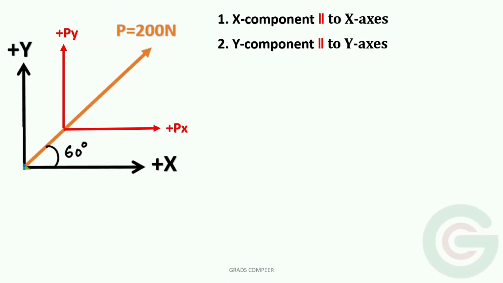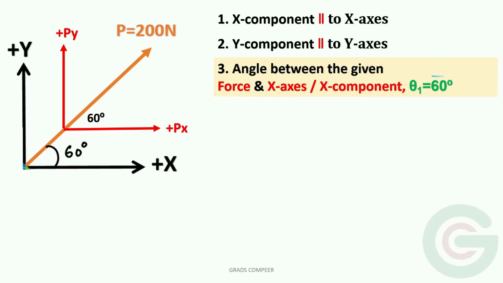So, we have done the first part, that is to draw the directions of components Px and Py. Now, the second thing is to find the angle which the force makes with its x component. Here that angle is given as 60 degrees. Let that angle be theta 1. Whenever the angle between the force and its x component is given, then the x component will be the cos component and the y component will be the sin component. Remember that the component adjacent to the given angle will always be the cos component and the other will be